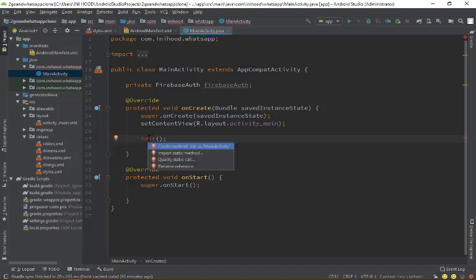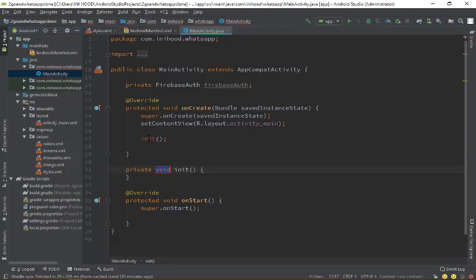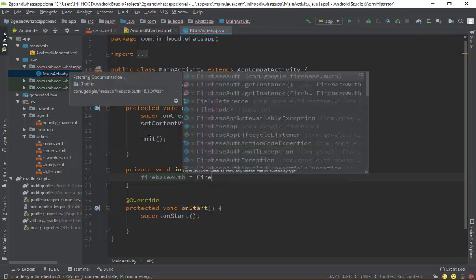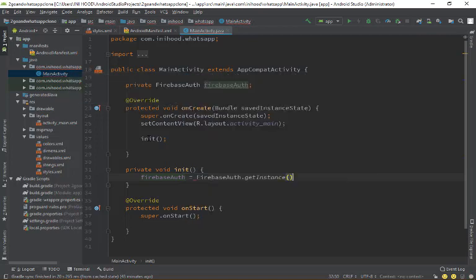So create method in main activity. So here the Firebase auth will equal FirebaseAuth.getInstance(), and then after initialization